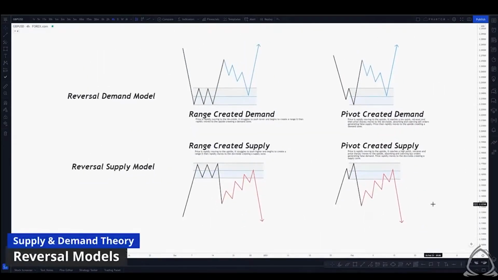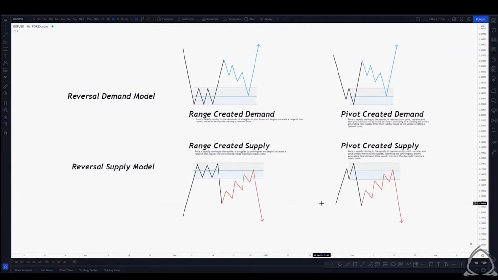Now let's take a look at the reversal demand and supply models, again using the same zone creation model. So if we're looking at range created demand, we're looking for a move to the downside. We have that sideways range. Price then expands to the upside rapidly. Again, we're not looking to trade the break of that range. We're waiting for price to return back into that demand zone to look for entry in that newly created demand